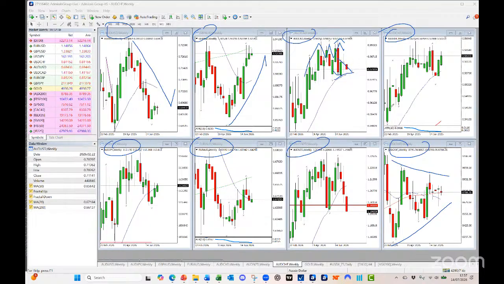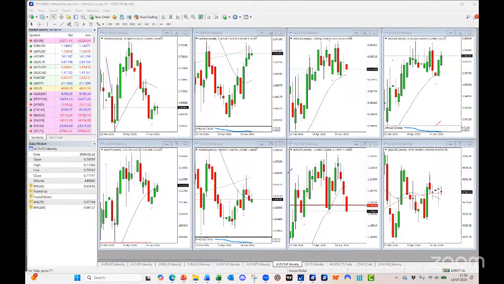Aussie Swiss. Even though the Swiss has been weakening faster, we can see that basically Aussie is working its way a little bit lower. I know the last 2 weeks is a little bit of a bump, but I don't see that as a bull flag. I see that as it working its way a little bit down.